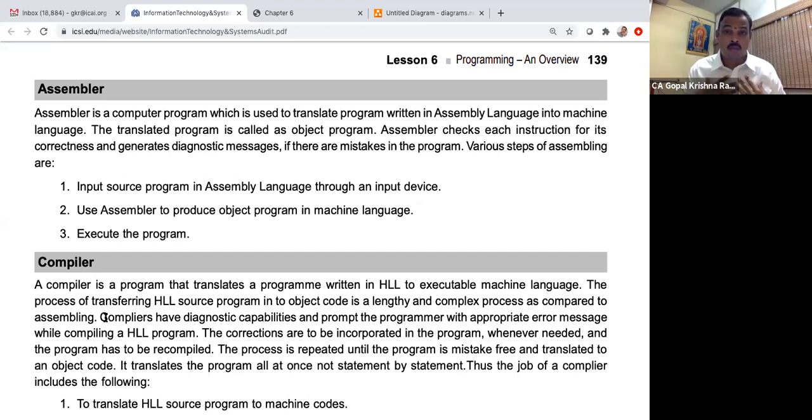So that human beings will understand. You type some instruction, enter, it will go process and it will give the answer in assembly language. So you have to understand, you have to be good in assembly language. So now the translated program is called object program. The assembler checks each instruction for its correctness and generates diagnostic messages. Now this sentence all of you must understand. Sometimes if you give a wrong instruction,